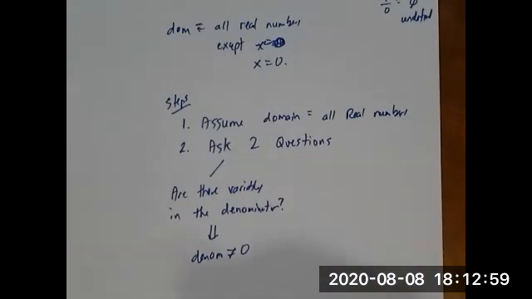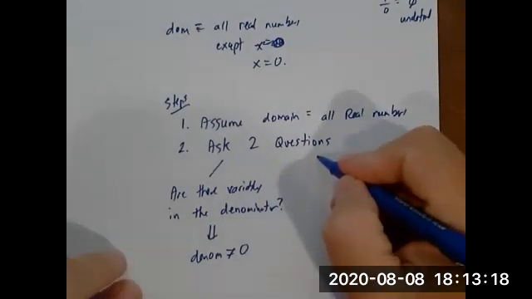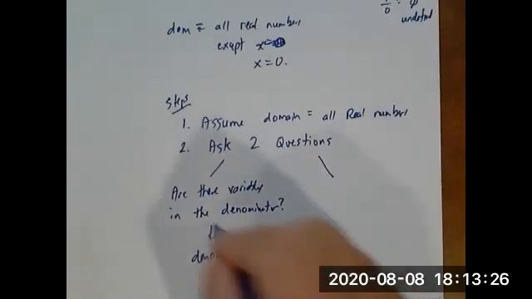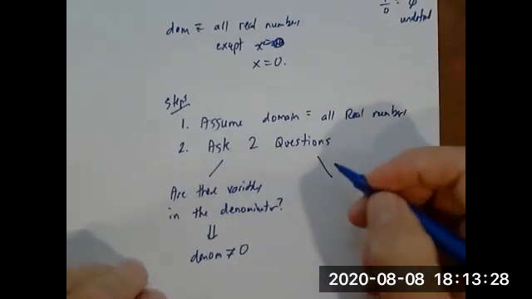So here's what happens. You're given a function, you're asked to find the domain. I assume the domain is all real numbers. Then I say, are there any variables in the denominator? If the answer is yes, then I have to go in and investigate that. If the answer is no, then I keep going. But now here's the second question. There are only 2 questions, only 2 situations that we have to worry about. The first one is variables in the denominator. The second question is,